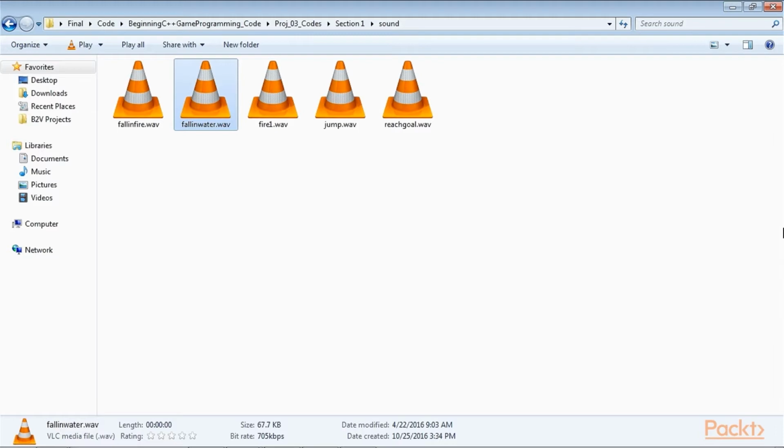Fire1.wave. This sound effect is recorded in mono. It will be played at different volumes based on the player's distance from fire tiles and from different speakers based on whether the player is to the left or the right of the fire tile. Clearly, we will need to learn a few more tricks to implement this functionality. Jump.wave. A pleasing, slightly predictable whooping sound for when the player jumps. ReachGoal.wave. A pleasing victory sound for when the player or players gets both characters, Thomas and Bob, to the goal tile.